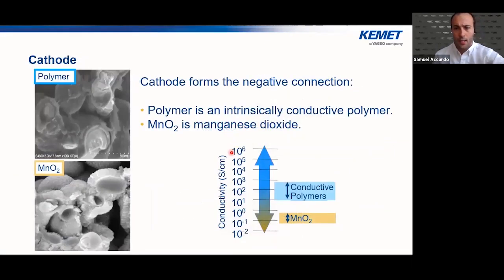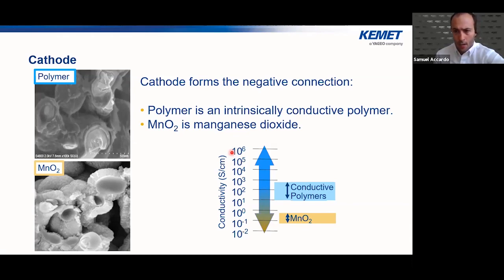And then looking at the cathode itself, when we're choosing cathodes, in particular, we've chosen MnO2 as the original cathode, and then more recently the conductive polymer. There's a few things that we have to consider. The first one is the ability for it to impregnate the pores. If it's not able to do that, then we're going to have inconsistencies and we're going to have problems with the part. Also, the cost, we don't want to use something that's going to cost a lot of money to